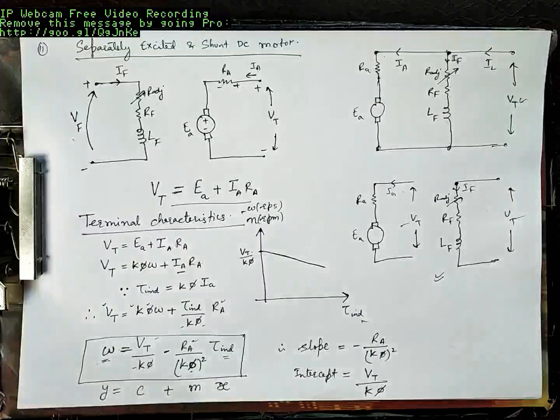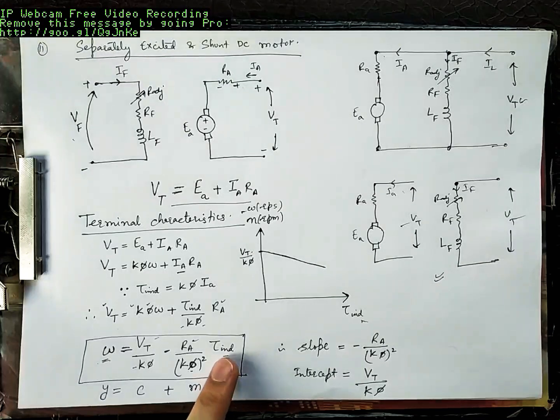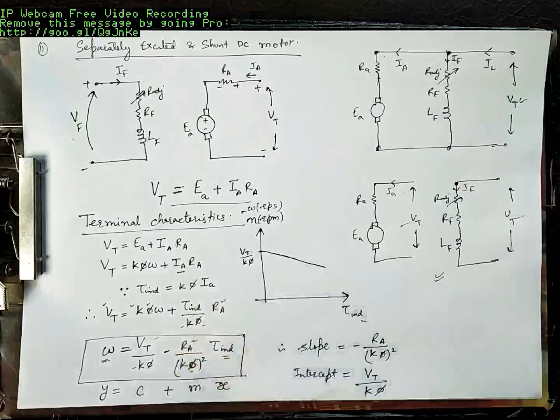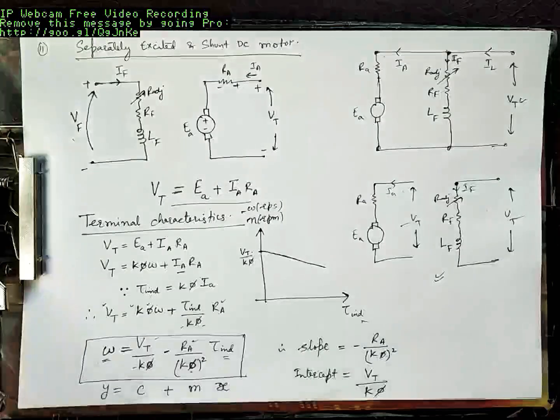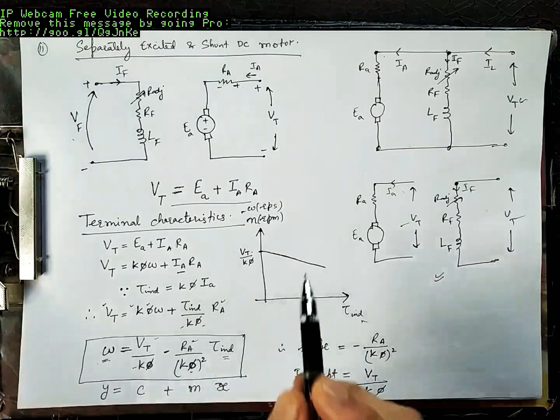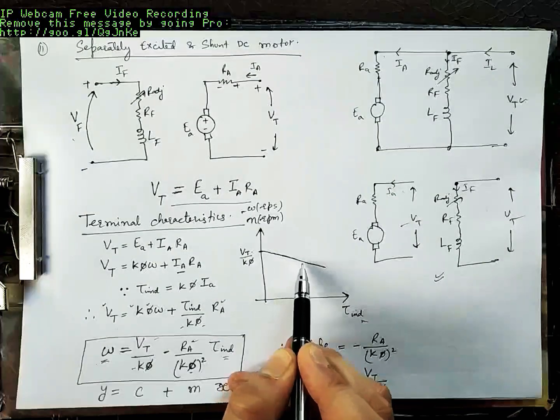But if you have a machine which does not have compensating windings, then as induced torque on the machine increases, current I increases. When current I increases, armature reaction increases. When armature reaction increases, what happens to flux? Flux phi decreases. When flux phi decreases, what happens to speed? Then speed increases. That means in such machines which do not have compensating windings, though there is a decrease in speed as induced torque increases,